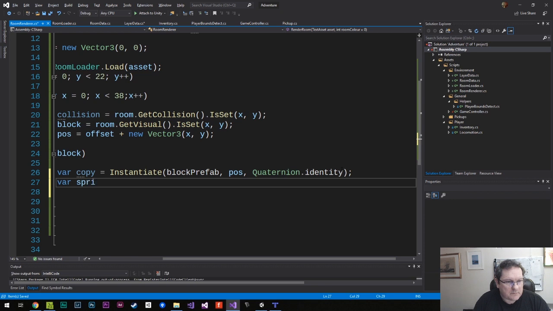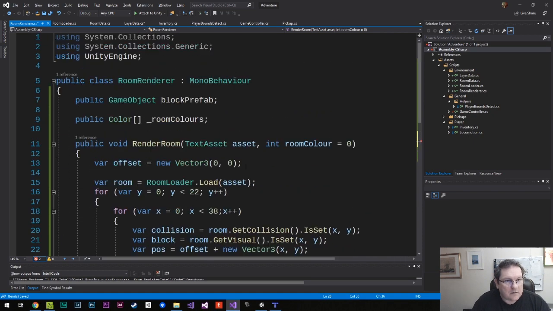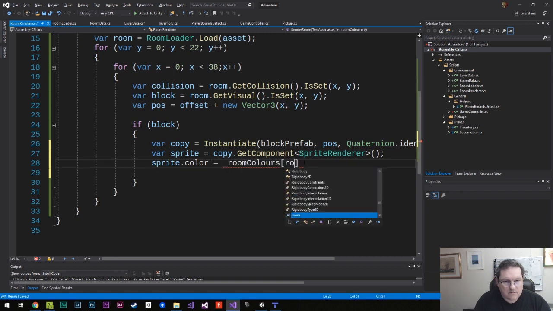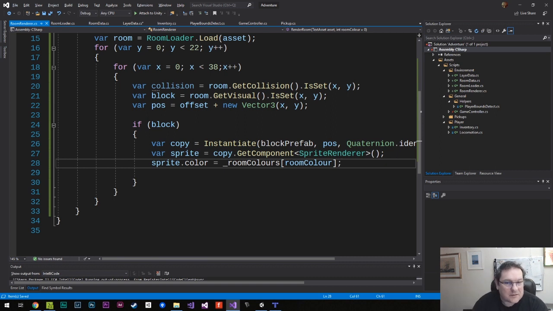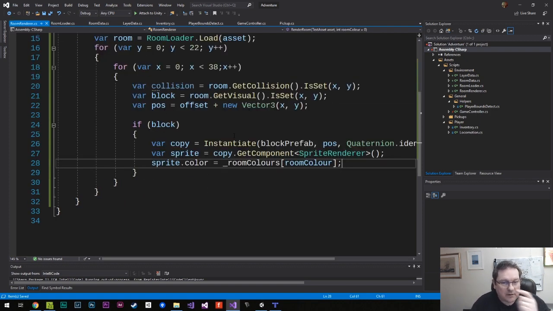And we do var sprite equals copy.GetComponent SpriteRenderer, color equals, and then it's going to be room colors, room color. So we're gonna color it whatever the color is, and that's all we're gonna do just now at this very second,